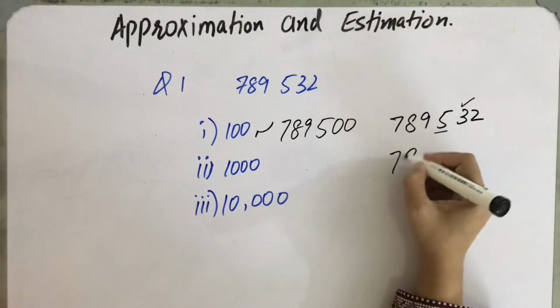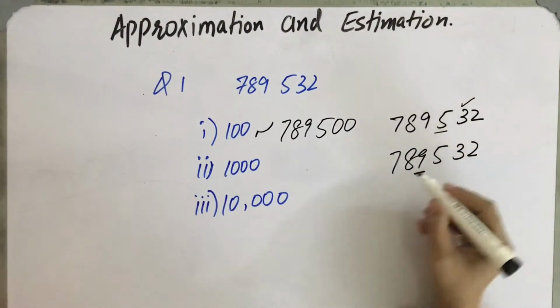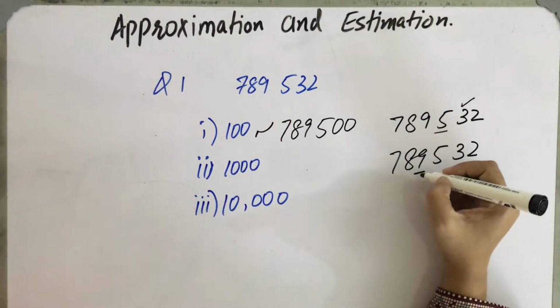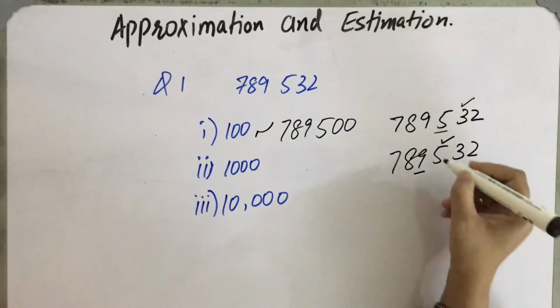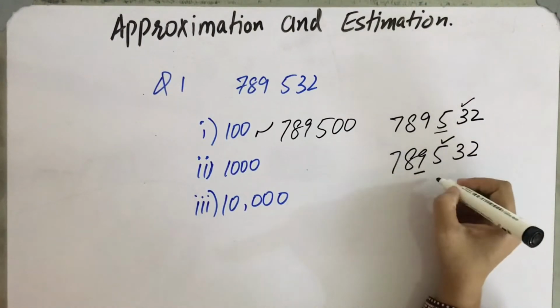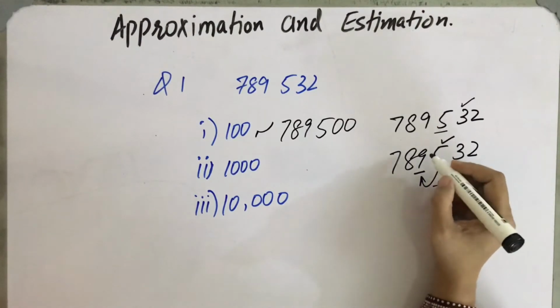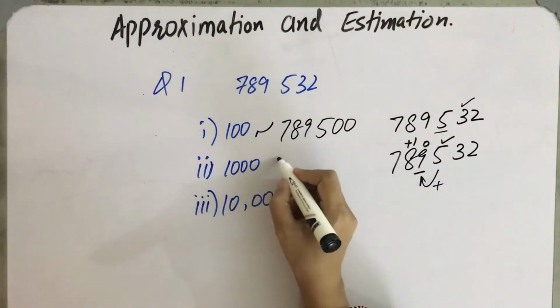Similarly, when we bring it into thousands, this is the fourth digit, as it has 4 digits, 1000. So we underline the fourth digit which we are going to study and we select the next one. This next one is 5, it will give 1 to the previous one. So instead of 9, it will become 10. We cannot write 10 here, so we write 0 and add 1 to this 8. And our final answer will be